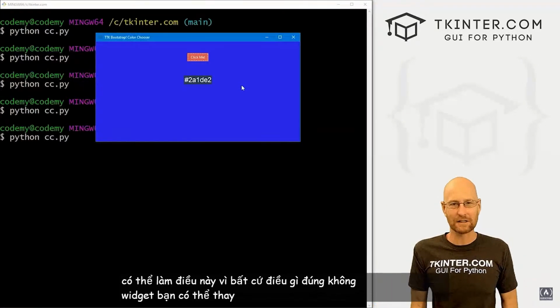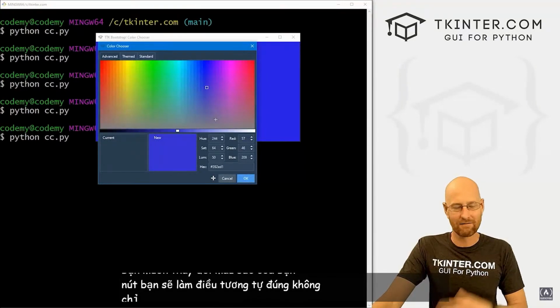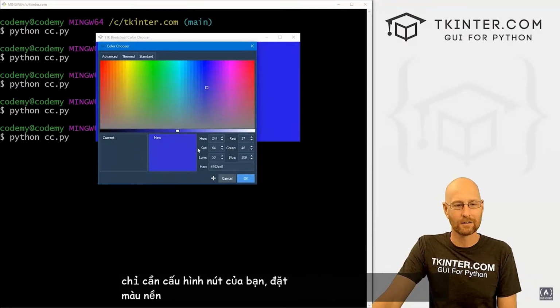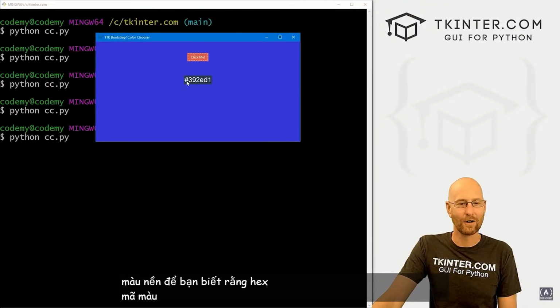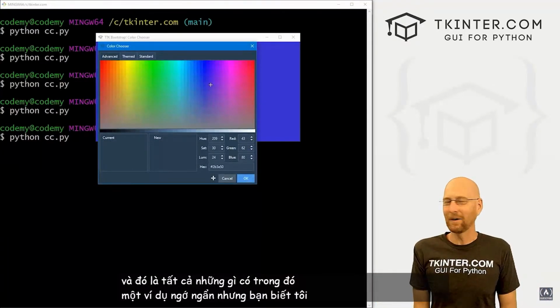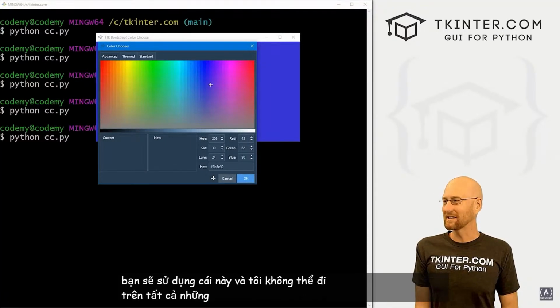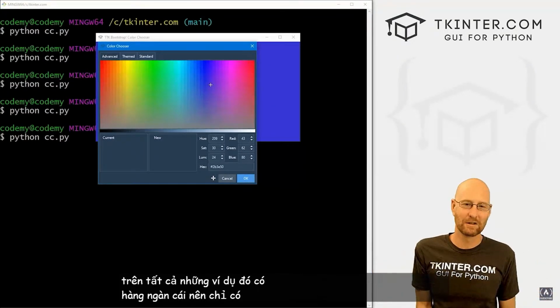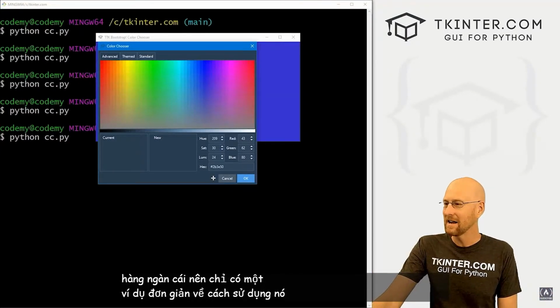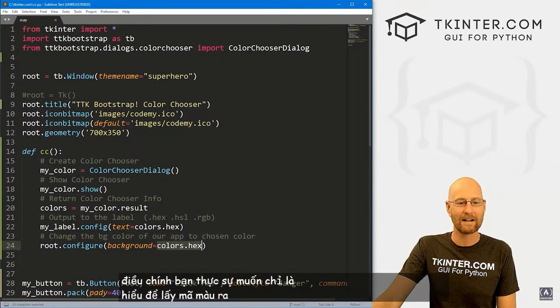And you could do this for anything, right? Any widget, you could change the color. So if you wanted to change the color of your button, you'd do the same thing, right? Just configure your button, set the background color to that hex color code right there. And that's all there is to it. So kind of a goofy example, but I don't know. There's lots of different things you would use this for. And I can't go over all of those examples. There's thousands of them. So there's just one little simple example on how to use it. The main thing you really want is just to understand, to get the color code out of here, you're going